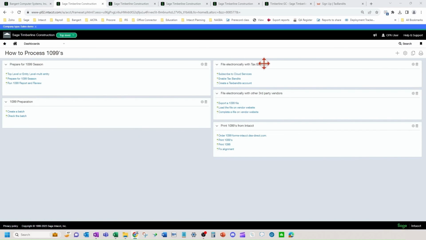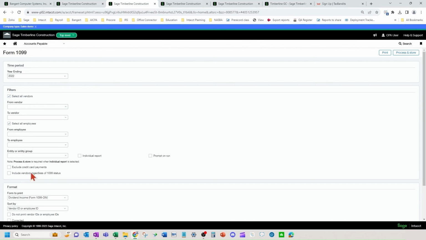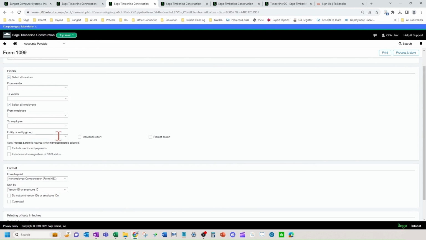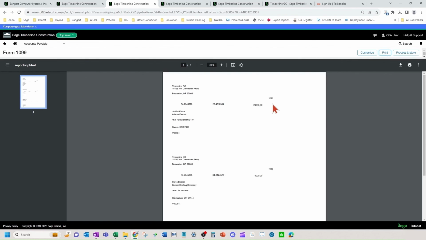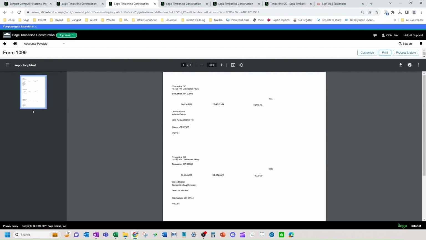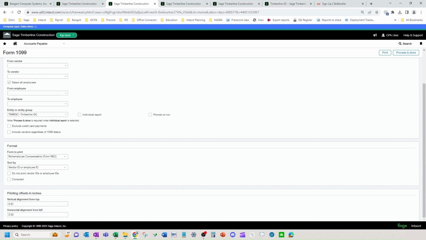So in order to print, we're going to navigate to the accounts payable area, print 1099 form. You're going to again select filters. You have some alignment offsets down here. Again, use the help article I showed. I'm going to pick an entity here, and we're going to hit print. So now you can see the fields. You could print this out. Highly suggested print this out for test alignment. Hold it up to your form and make adjustments with the alignment offsets down at the bottom here.